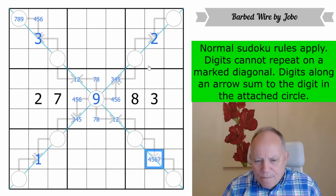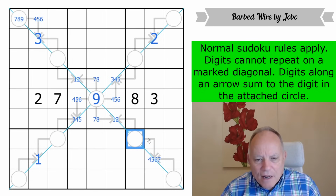Okay, I'm going to fully... Oh, even that's not fully pencil marking it. No, I don't know. That... Yes, it is, because this can't be a 9. So